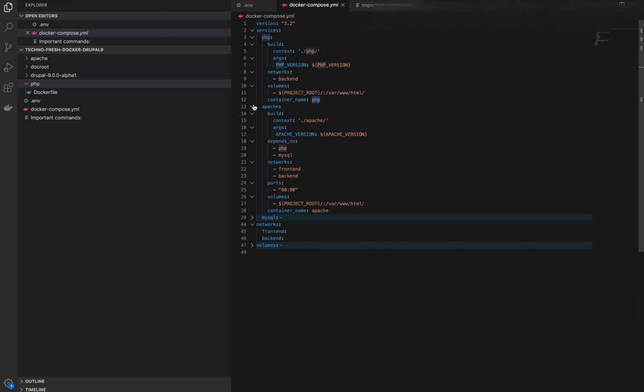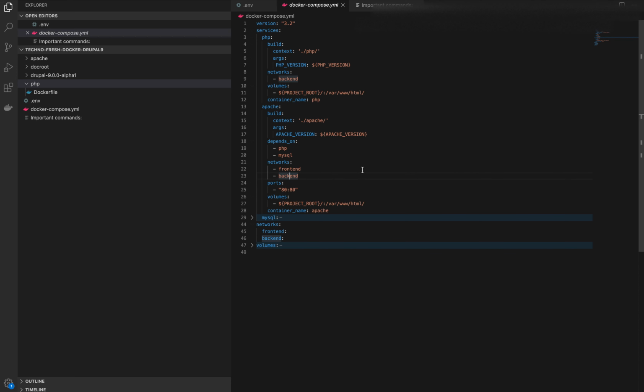Now going to Apache. Apache also has a build command for how it will build. To build that, I have created a Dockerfile residing in the Apache folder. It depends on PHP and MySQL; I have written the dependencies. Networks are frontend and backend.